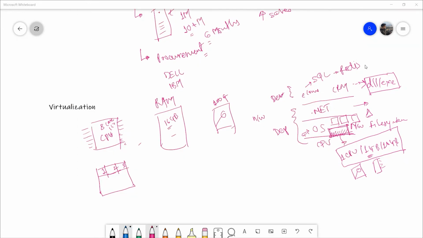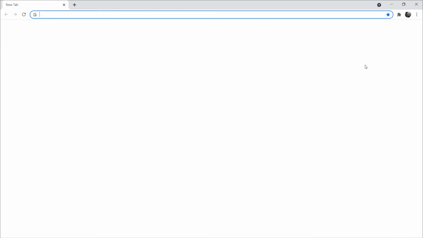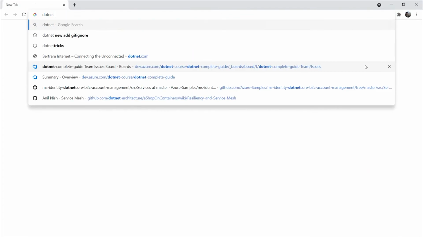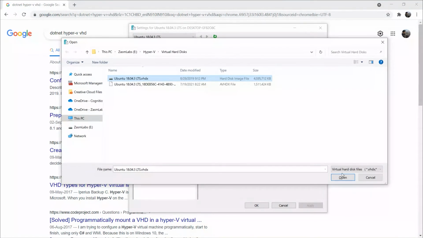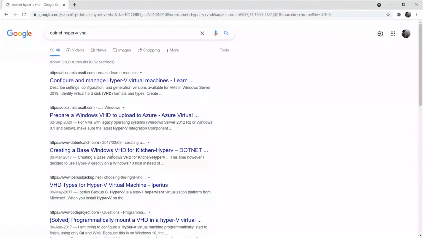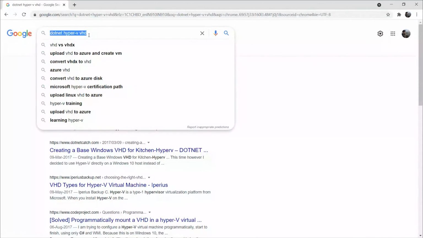Now, let me go ahead and launch Google Chrome, and I'm going to say .NET Hyper-V PHP. So people have gone ahead and created a virtual hard drive, a file like this, for most of the technologies that we are going to work on. So what I was trying to search here in this window is one such hard drive. I'm not finding it, but people who have worked on SharePoint are going to be better able to